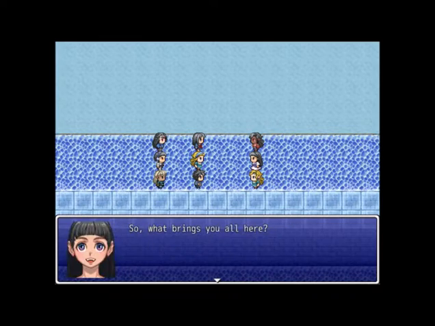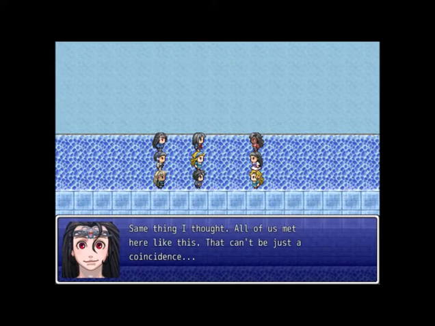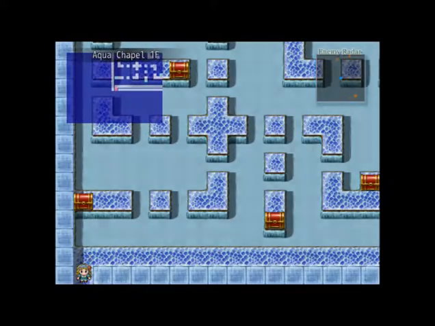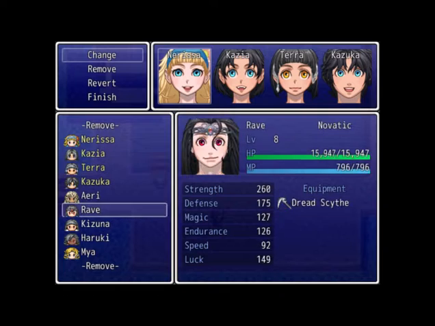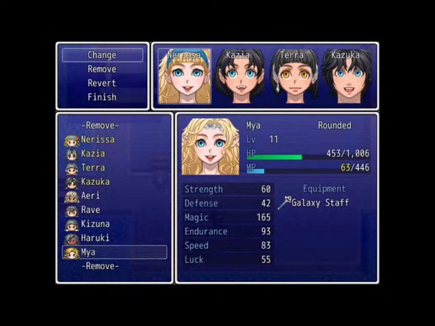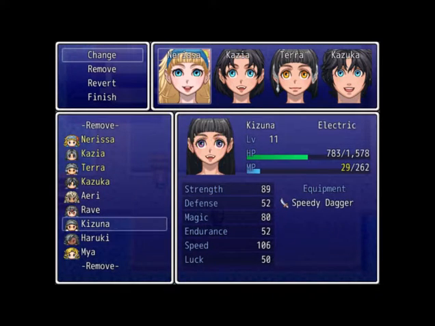Now what makes this interesting is the fact that one of these three is the first time you'll see someone that was not affiliated to one specific element. But you have all 8 of your elemental characters. And then double checking the active party, they're all about a level 11. They have access to another tier of skills to learn too. But what you should know, right off the bat,